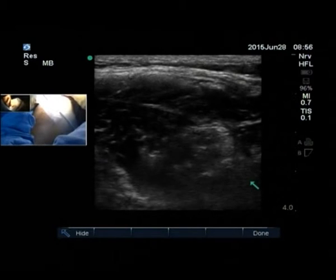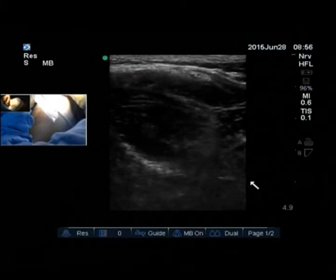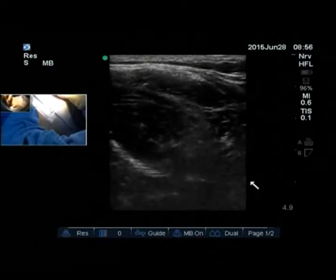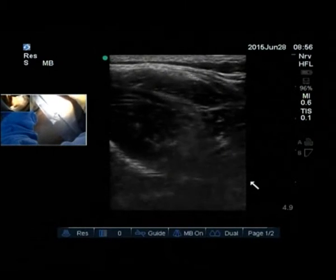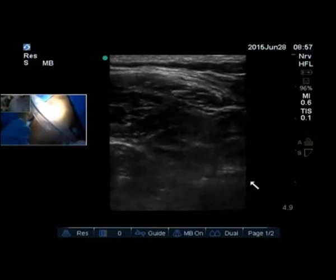Okay. We can increase the depth a little bit now. I think now you can see better. Okay, enough. So what else do we need to do now? The next one is